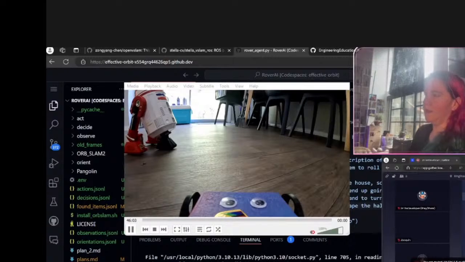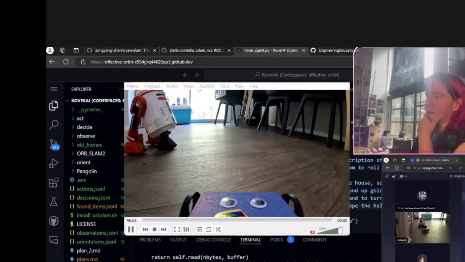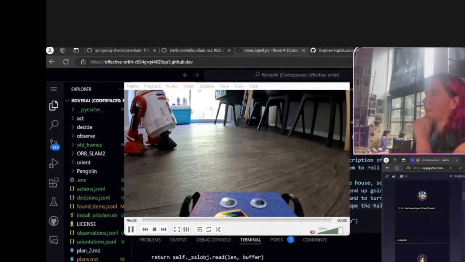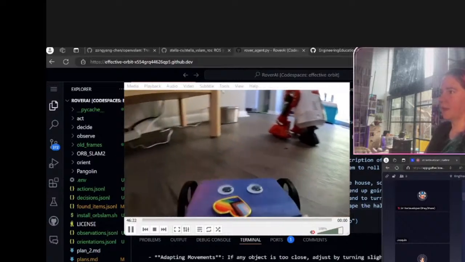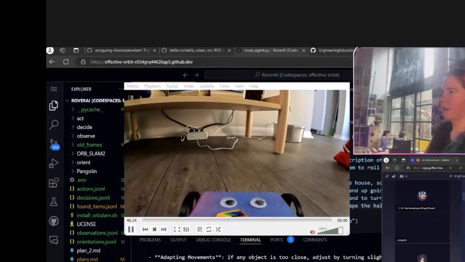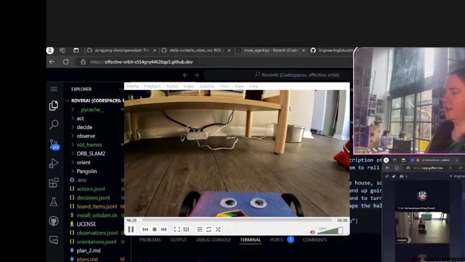Okay. Yeah, because the rover right now just turns 90 degrees, right? Or turns for a certain amount of time. Yeah, what do you think? Yeah, he's just a little baby.